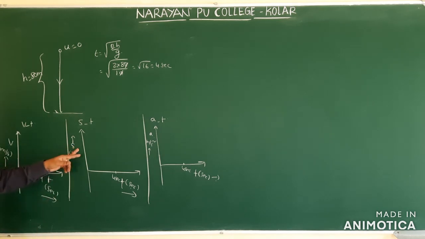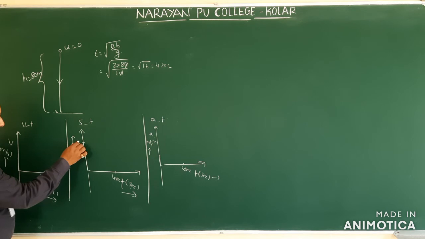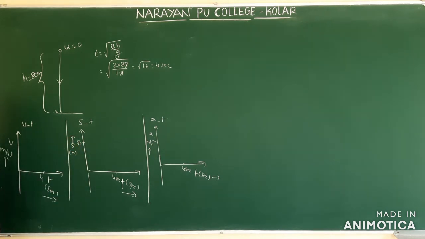Now, displacement we already got. How much displacement is it covering? Here, what displacement did they give? 80. Therefore here you have to take 80 meters. Then how will the graph come? We have to see. Here we have only taken the values; we didn't give the nature of the graph.